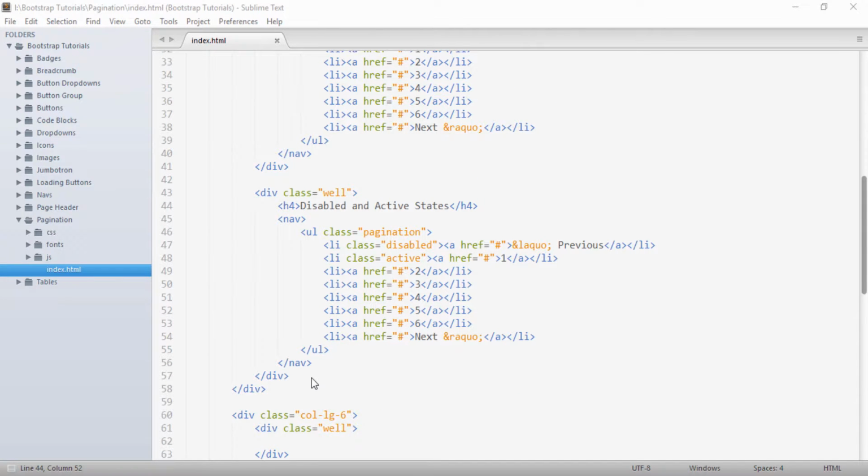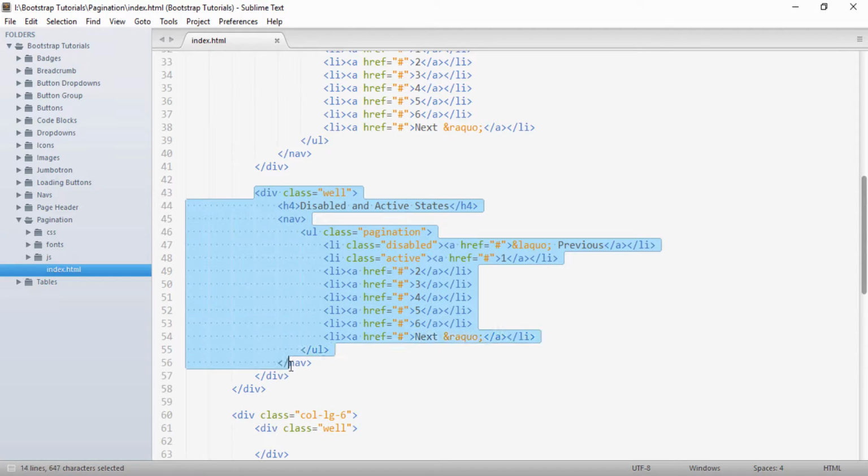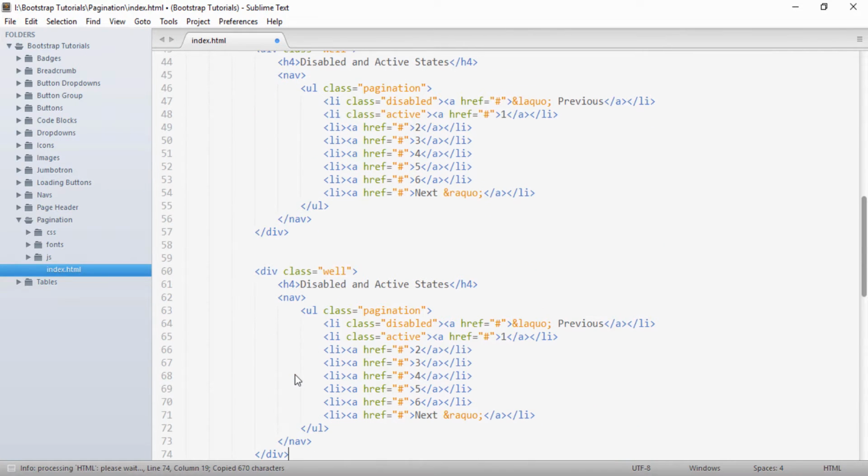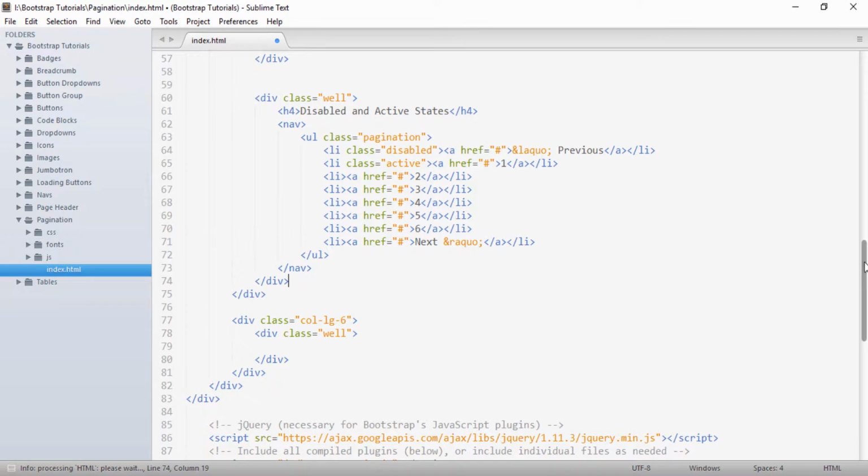So friends, pagination components also come in different sizes. First, let's say I'll just copy this and paste it below. First I will create a large pagination component. So I'll give a heading as large pagination component.